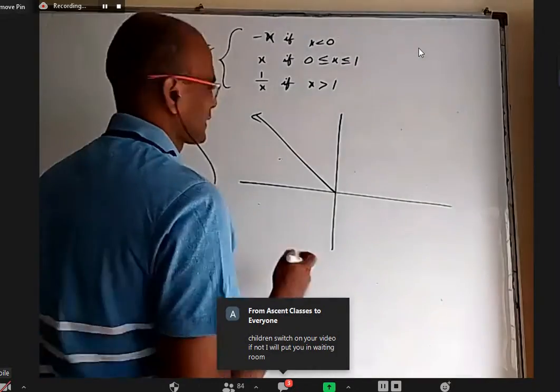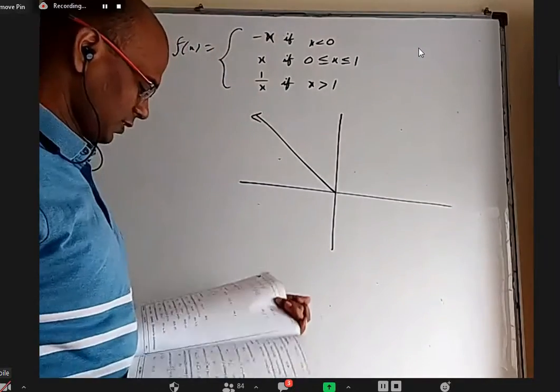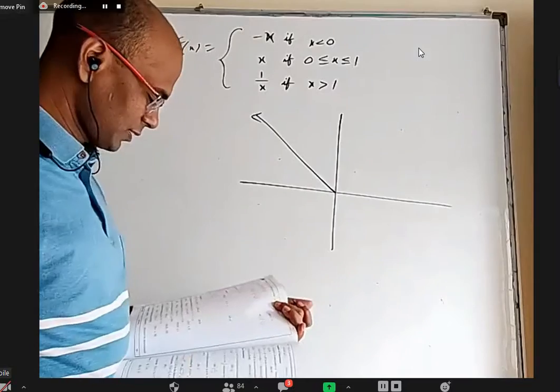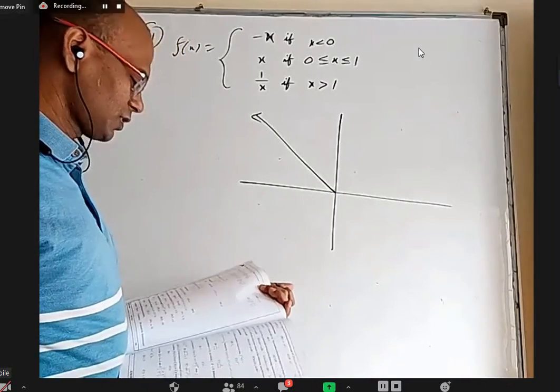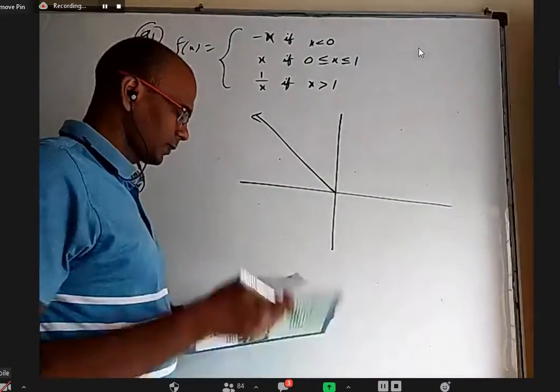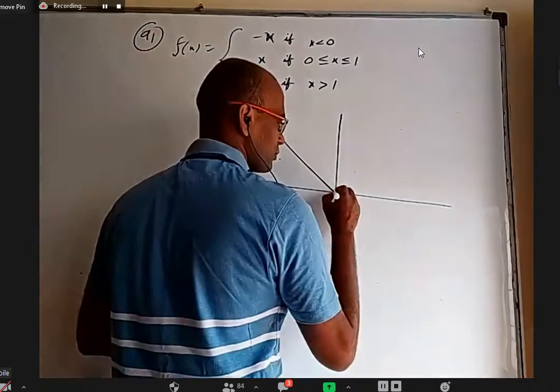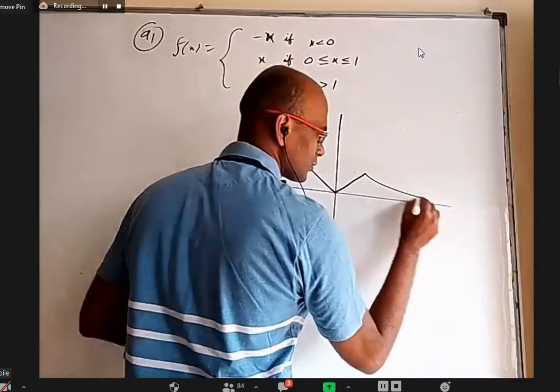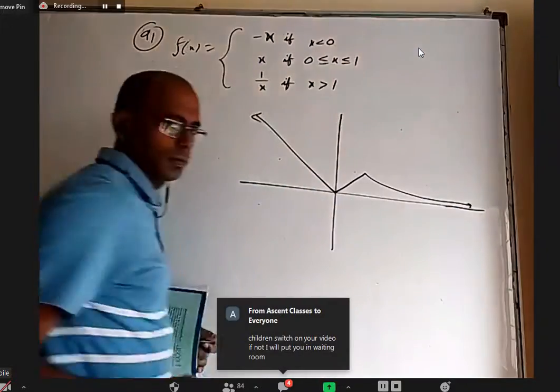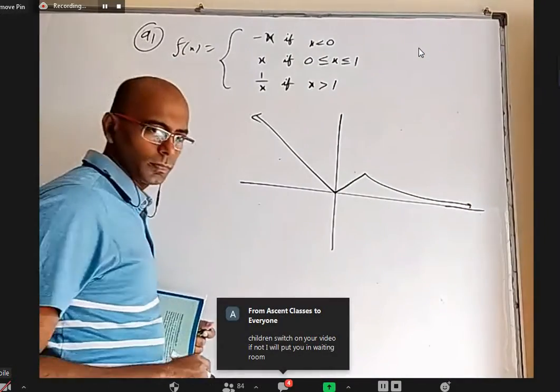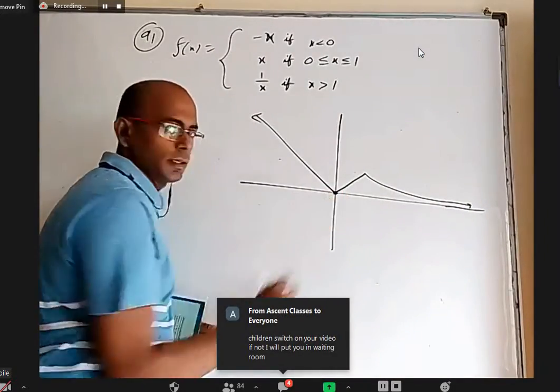Between 0 to 1 it is x. So same like previous one, just x square is replaced with minus x. That's all. And at 0 equality is there then. Okay. The same graph like previous one, 45 degrees and then. So same as the previous one. This point is included.